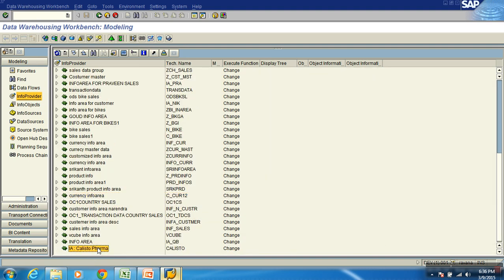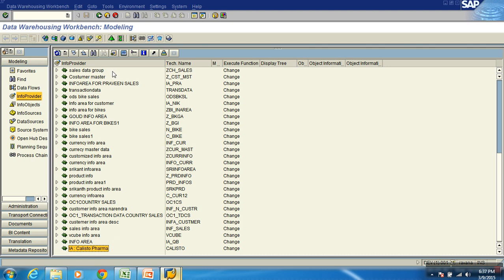So if you go down, I have got this bottom. What I want to do is, there are a lot of info areas, right? You will get confused here. Normally, you'll have a concept called favorites, like phone favorites. In the same way, I know for sure I'll be using this info area a lot. So I want to set this as a favorite.